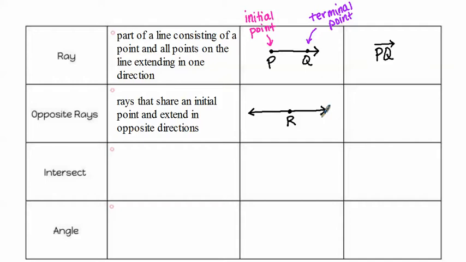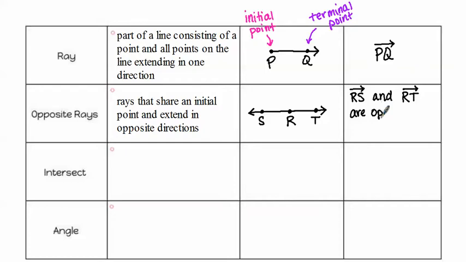Now, because those are 2 rays, and remember each ray, like what we have above, needs 2 points on it. So here on my ray that's pointing to the left, I'm going to put a point S over here on the left. And on my ray that started at R and pointed to the right, I'm going to add another point T. So I have 2 rays now. Initial point on one is R, terminal point S. Draw my ray. And the other ray, R as the initial point, T as the terminal point, with my ray symbol, are opposite